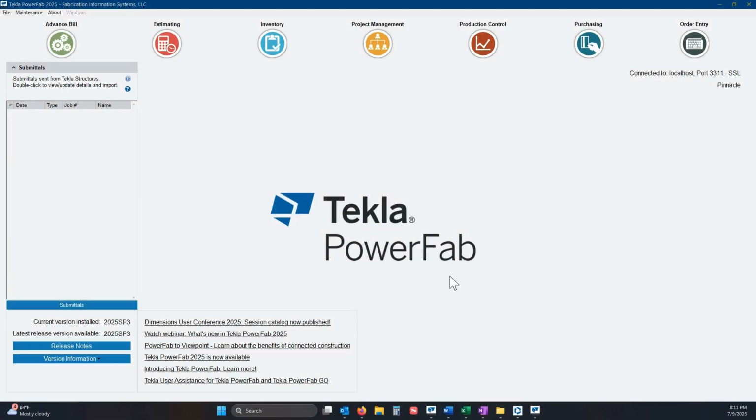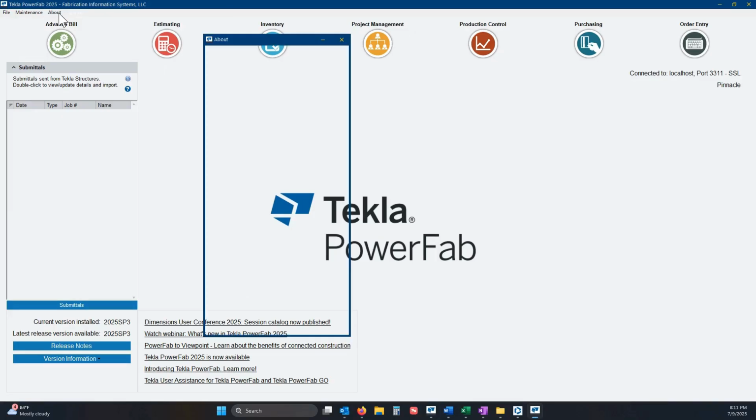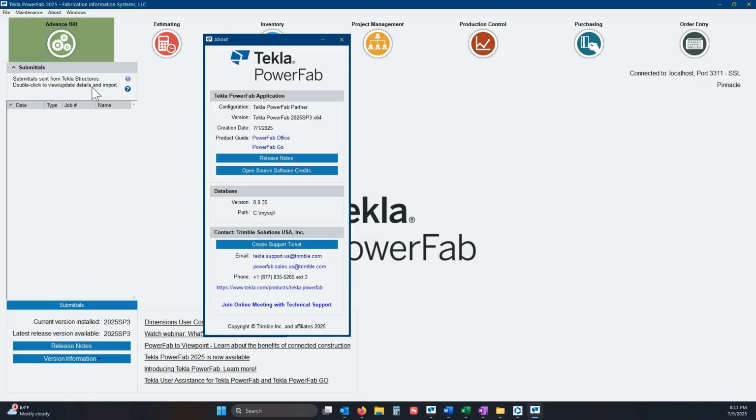Wanted to give everybody a heads up on something that you will want to do prior to updating to version 2025, or if you're currently running version 2025, something that you want to ensure is right. You can see down here, I'm running version 2025 SP3. If you'll go up to the About up here and then take a look at the database version, the SQL